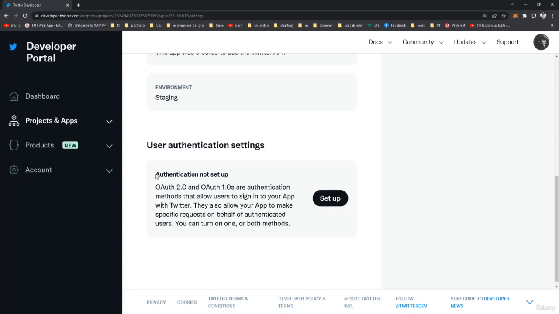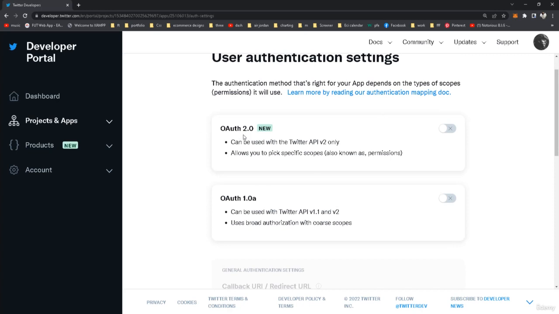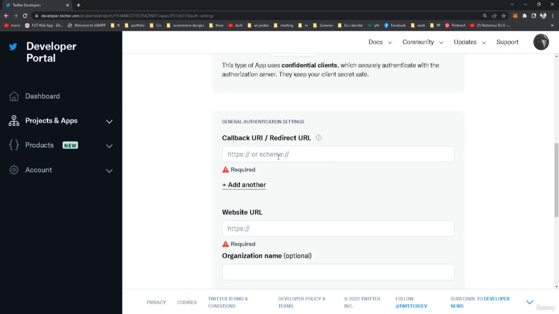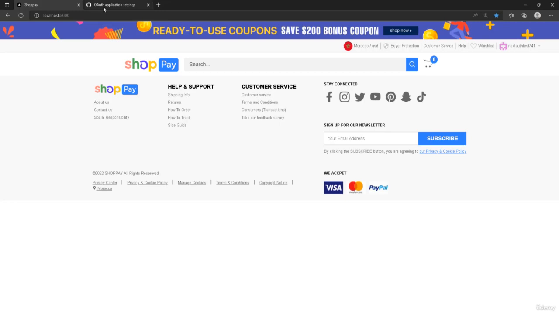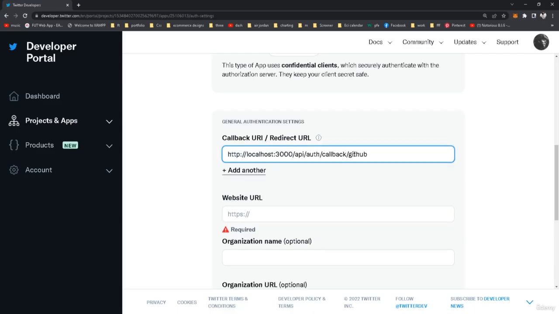Also, we need to set up the authentication. So I'm just going to click setup. And then you choose the type that you want. We're going to choose OAuth 2, so I'm going to enable that. And right here, you need to define the type of application. It's going to be a web app, and then the callback URL, which I'm going to copy again. It's going to be this one. It's going to change in production, but for now, this is going to be Twitter. I already told you about this. And the website URL,